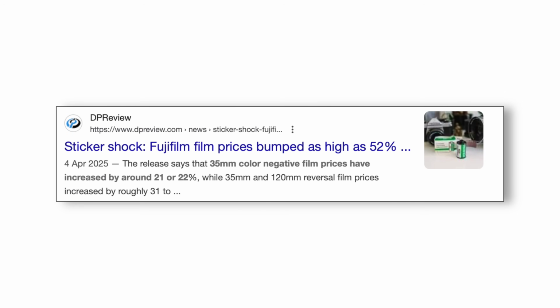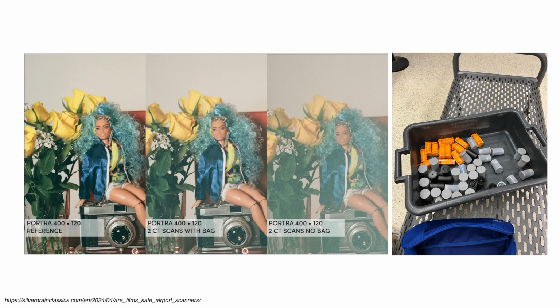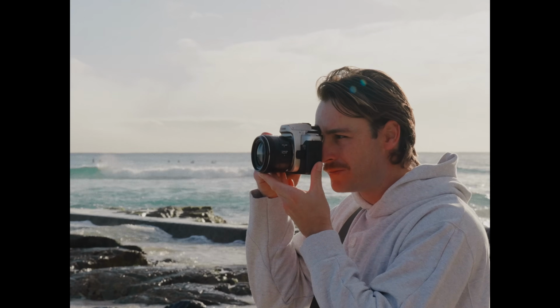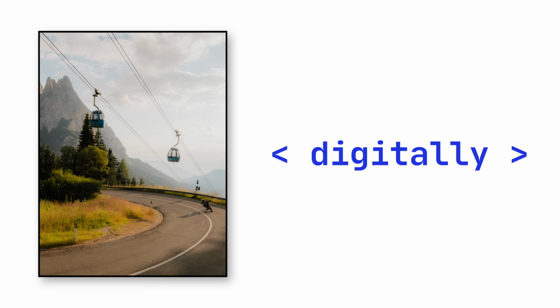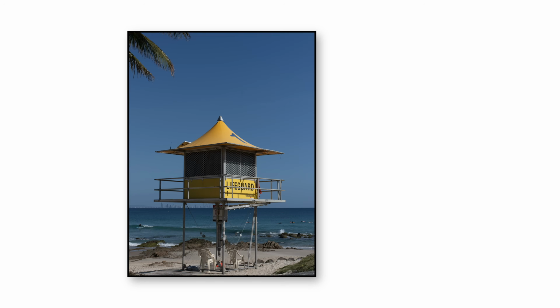And even when shooting film does work, with film prices going up, lab scans being inconsistent, trying to travel with film being a nightmare, or just the time and patience it takes, shooting film just isn't always practical. So in today's video, I'm going to show you how you can create that dreamy pastel film look digitally, no matter your camera. And to achieve this, you need to understand 3 key things that make up that film look: